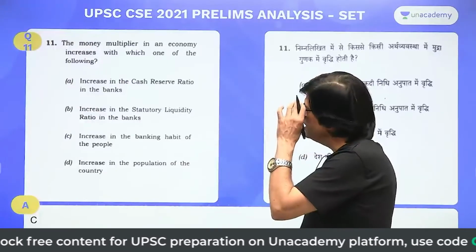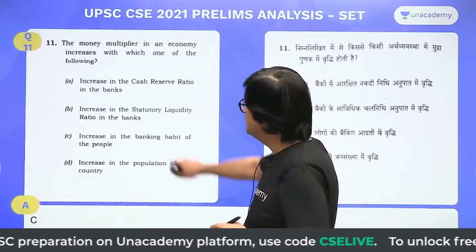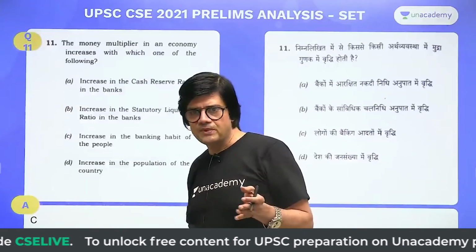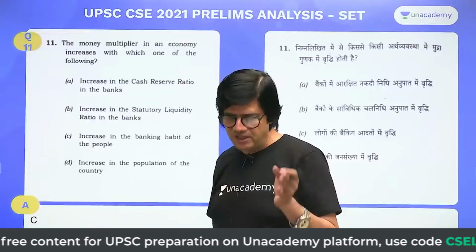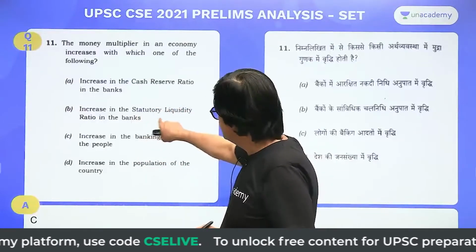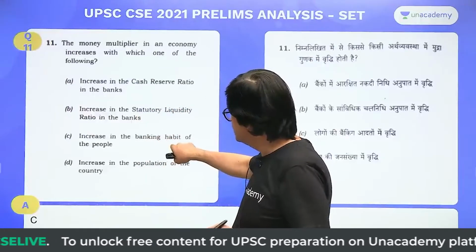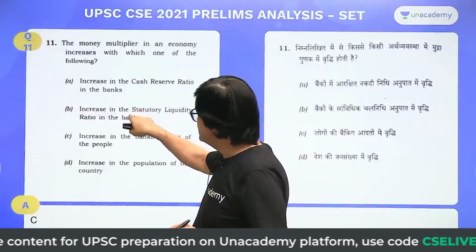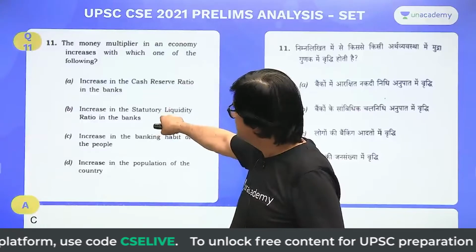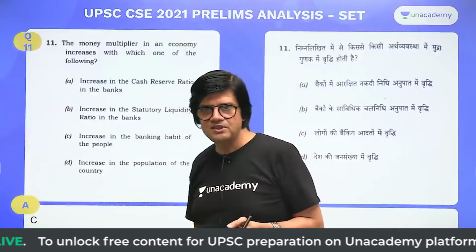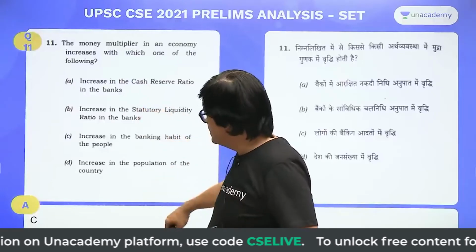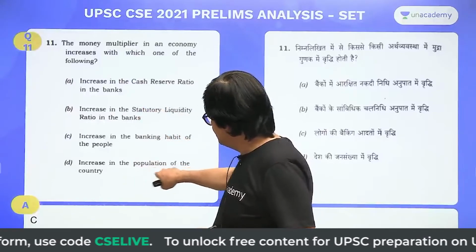Now, money multiplier, as we can see that if there is an increase in the CRR, that in turn will reduce the cash or the money held by commercial banks. So, obviously, this would have an opposite effect. Increase in the statutory liquidity ratio would also not have that effect, because a statutory liquidity ratio or cash reserve ratio amounting to the same thing, it will give the same effect. So, A can't be the option and B can't be the correct option, whereas increase in the population of the country,